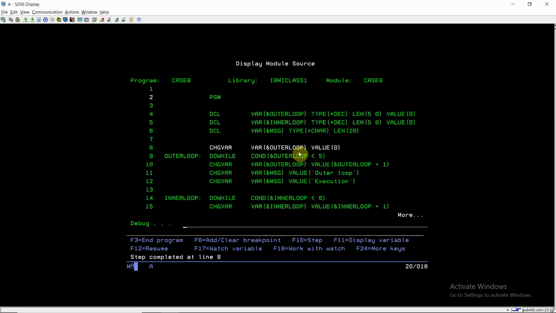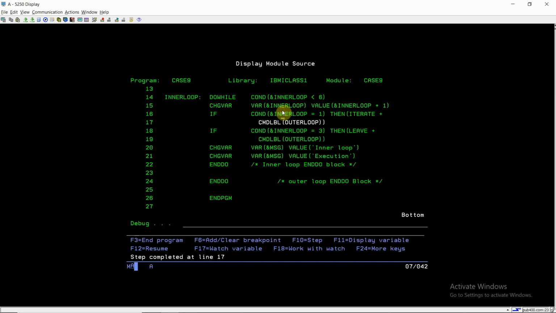Now I see the outer loop value is currently 0, less than 5, and it becomes 1 after incrementing here. Now this command gets executed, the inner loop value is 0, it becomes 1 here, and if the inner loop is 1, the iterate command will execute and go to the outer loop.